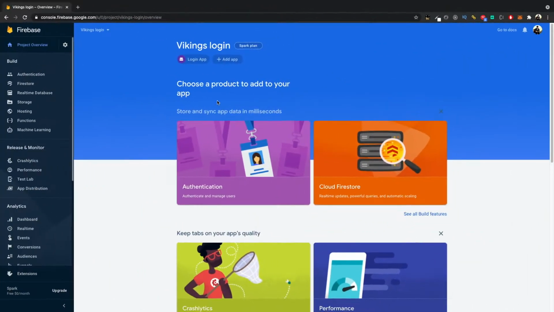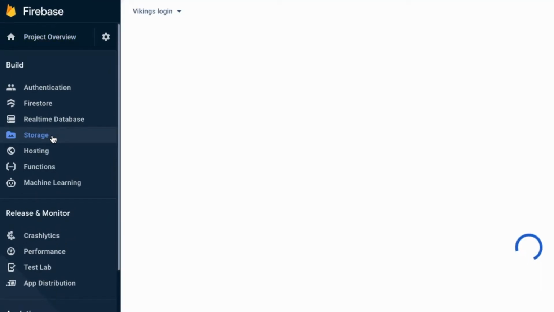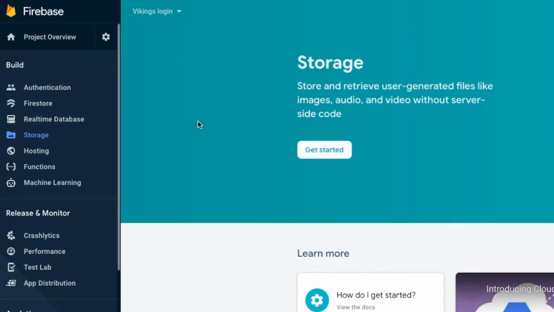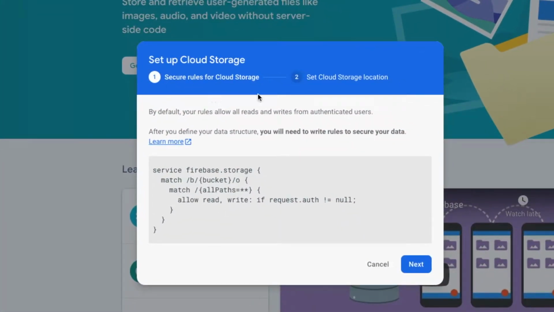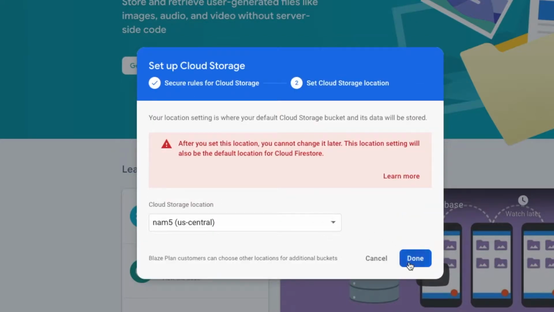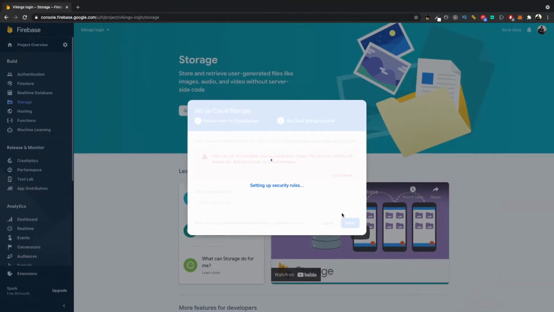First, we create a Firebase bucket. Go to the Unity project dashboard, select storage, click on get started to create a new bucket. As you can see, now the cloud storage rules are very similar to the real-time database rules. Currently, the rules allow anyone to read the files but only authenticated users to write. We'll come back and change this later. Now click on next, select any location for your bucket and then click done. Now the bucket is created and added to our project.